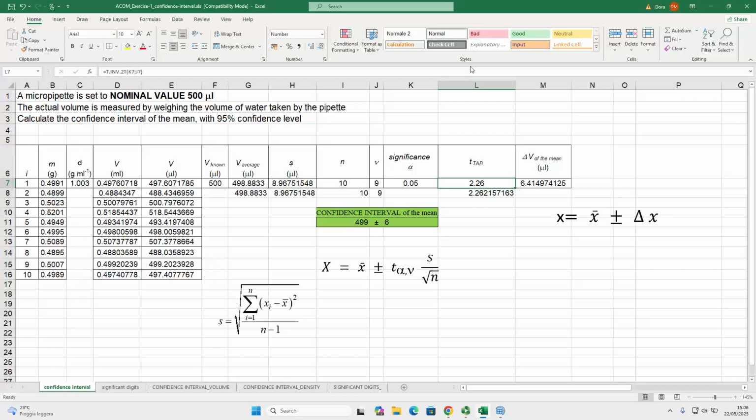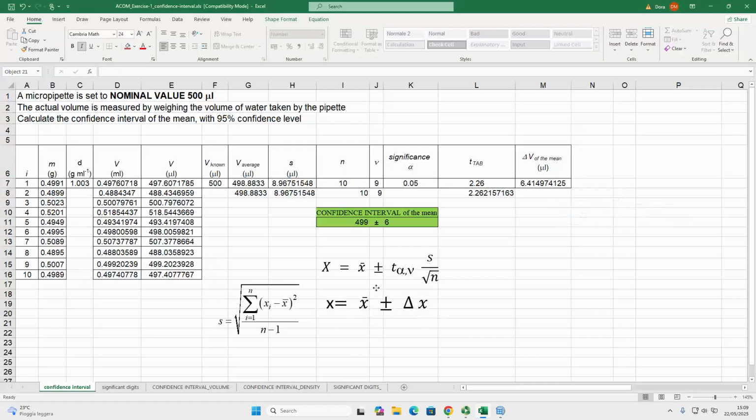Then I calculate delta V of the mean. Delta V of the mean, you see, if you compare this formula with this one, it is T multiplied S divided by square root of n. So we must introduce this formula, okay? This is delta S. Click on M8,